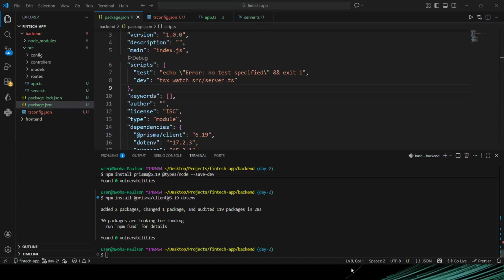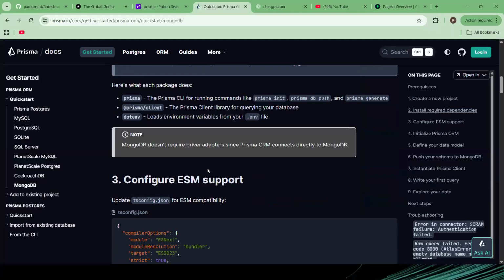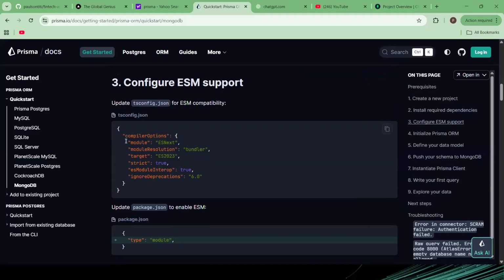So let's go back to Prisma. The next step is to make sure, in your... don't copy the whole thing, copy from this module. All right, copy from this module. Copy like this, what is inside of the object. Copy it, come to your